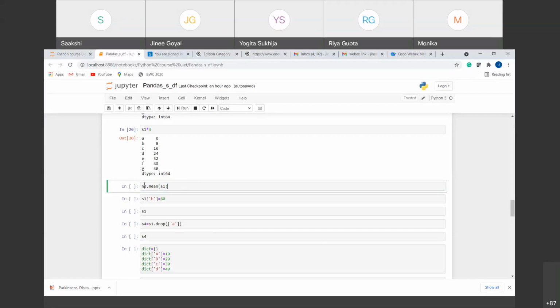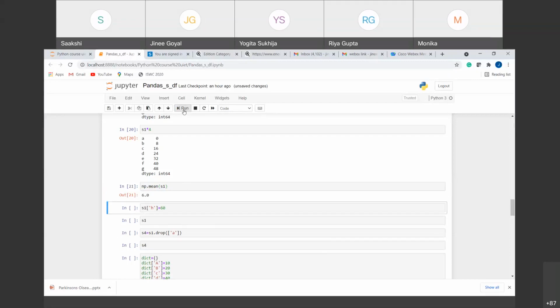Now mean is a functionality of the NumPy library, right? Not the pandas library. That is why we are calling it using NP and not PD, right? So NP dot mean, inside it we are providing the series for which we want the mean. After you calculate the mean, you will get the value 6 here, right? That is why I added the NumPy library in the starting. Because sometimes we need to apply NumPy functionality on the series or on the data frame also, right? So this is how you can calculate the mean of any series, right?